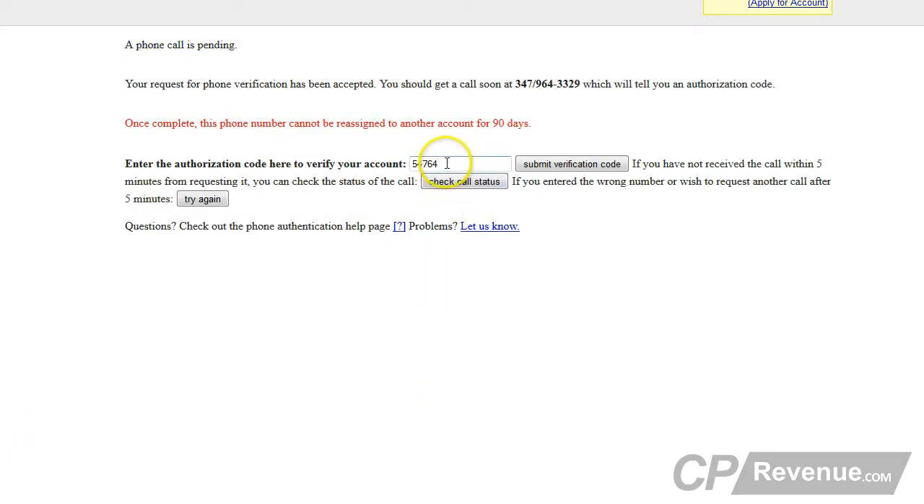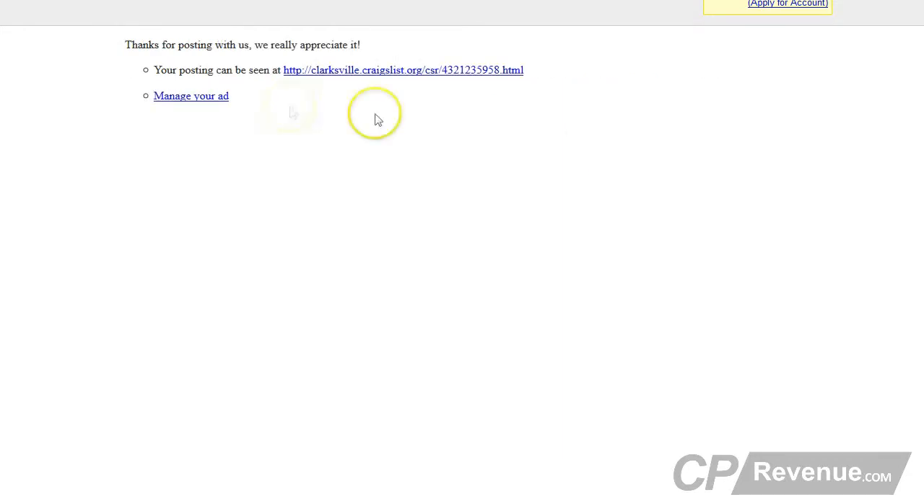Okay, so I got the code 54764. I'm going to go ahead and submit the verification code. And after you do that, the ad pretty much will go here. We have to wait a few hours to see if it gets approved. But in most cases, when it's a new account, it's approved unless there's something fishy in